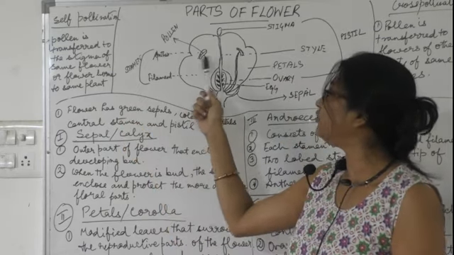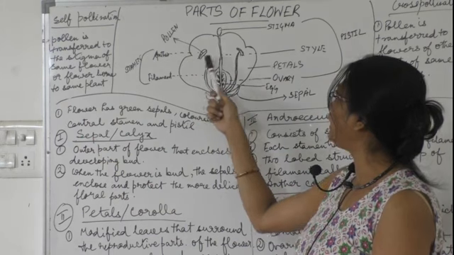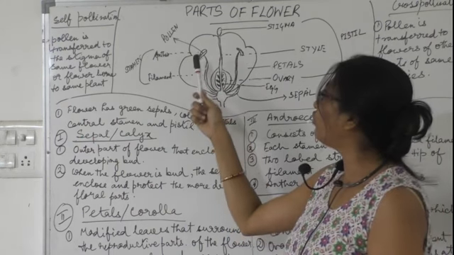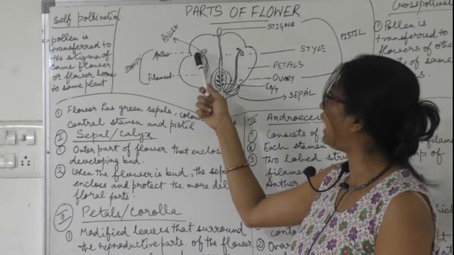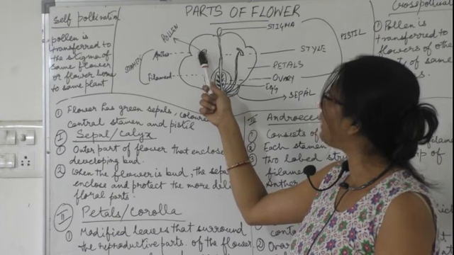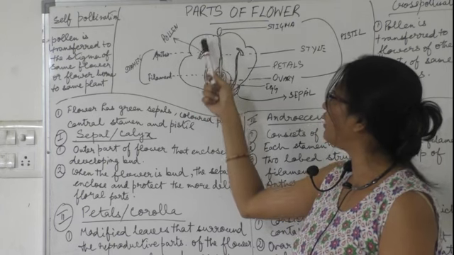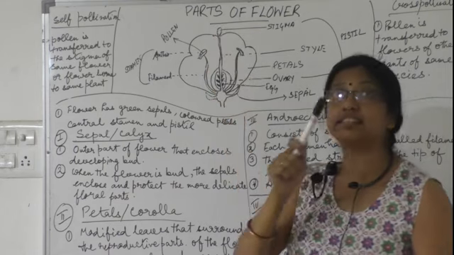Here you can see in one flower you can have both parts, male part and female part. When the pollen is transferred from this part to this part of the same flower, from the male part to the female part of the same flower,